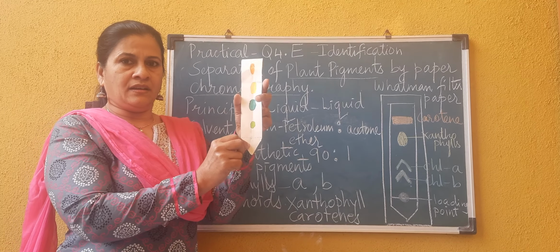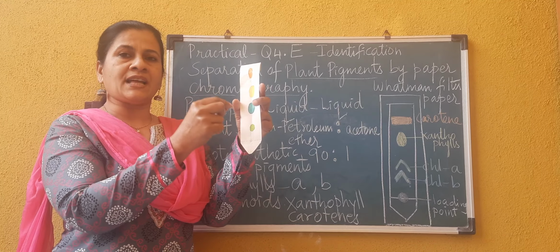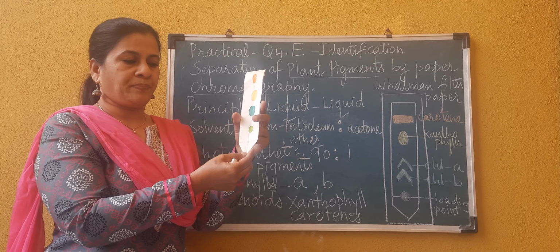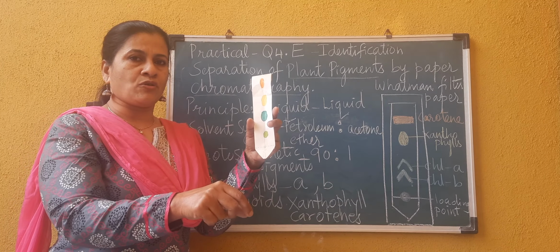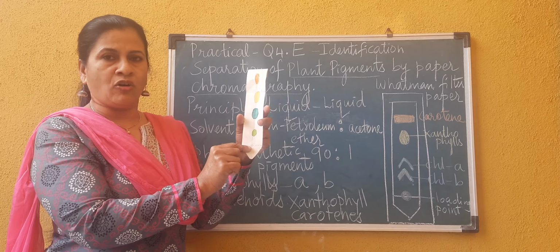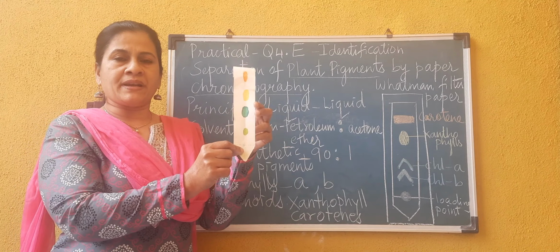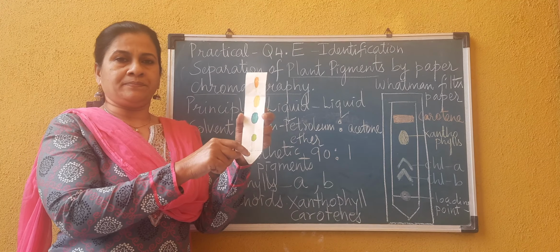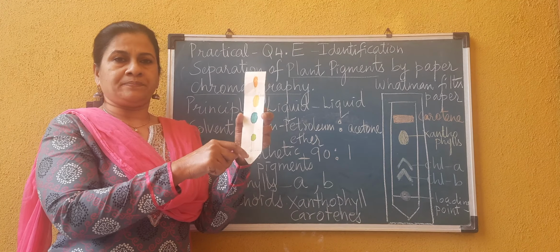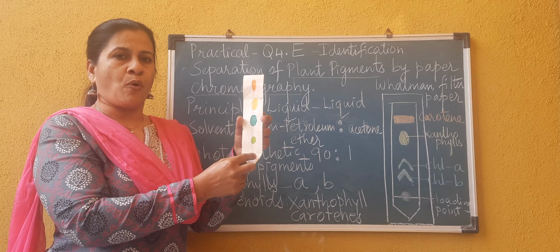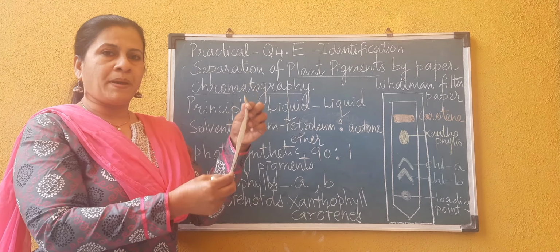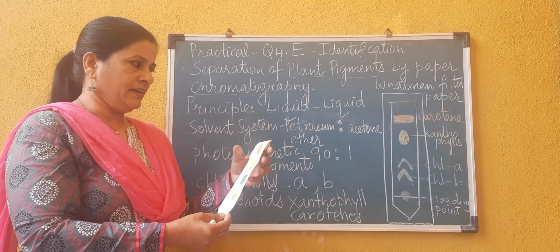On this line, the chlorophyll pigments are loaded with the help of a capillary. The capillary is dipped into the chlorophyll pigments and it is loaded on this line. After the paper dries, a second loading, similarly a third loading is done, and after numerous loadings you get a dark green spot. After the paper gets fully dried, it is inserted into a chromatography jar, which was initially filled